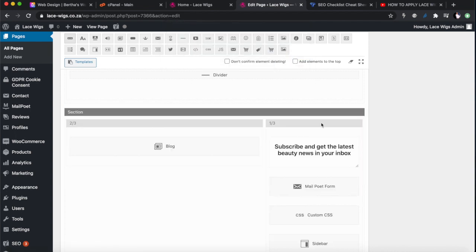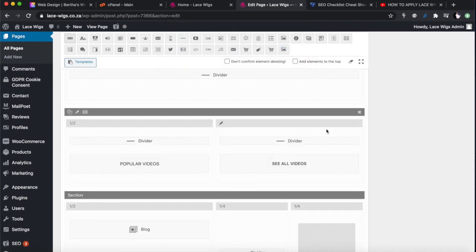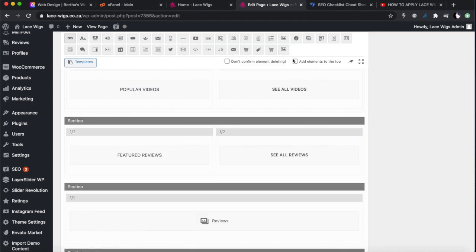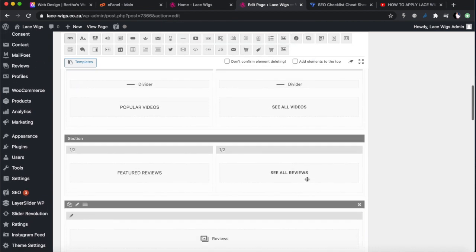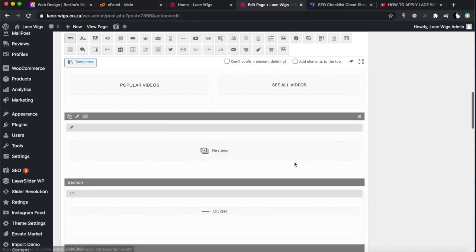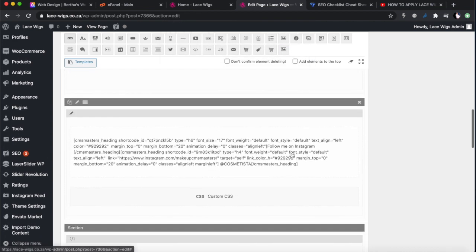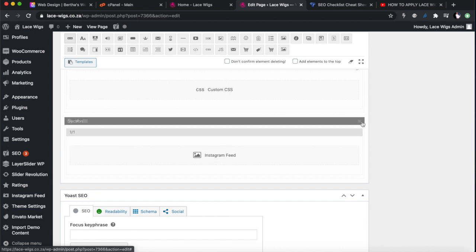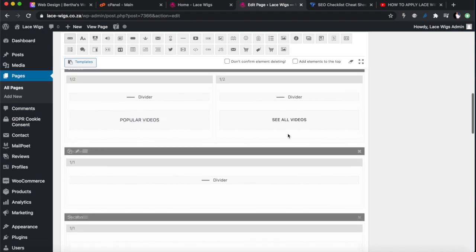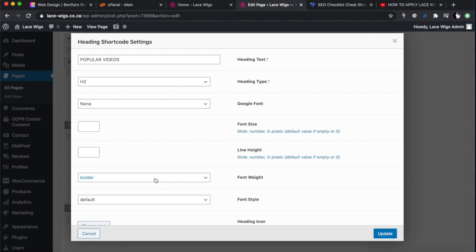Okay, we're just going to remove them because we want to just rebuild this page nicely from the beginning. Let's leave the videos, but let's remove the posts there as well. Okay, and these are reviews, more reviews. I don't want my page to be review oriented because it's still new. I'm not gonna have reviews, and I don't want to create fake reviews. I want people to get me reviews, and I'm gonna remove the Instagram feed as well. Okay, so we only have the videos, under popular videos.